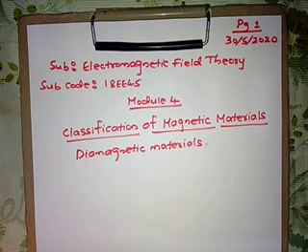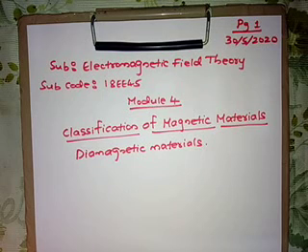The magnetic materials in which the orbital and spin magnetic moments do not cancel each other, resulting in some net magnetic moment, are called paramagnetic materials. In diamagnetic materials, the orbital magnetic moment and electron spin magnetic moment cancel out each other, resulting in zero magnetic moment. In paramagnetic materials, they do not cancel out, resulting in some net magnetic moment of the atoms.